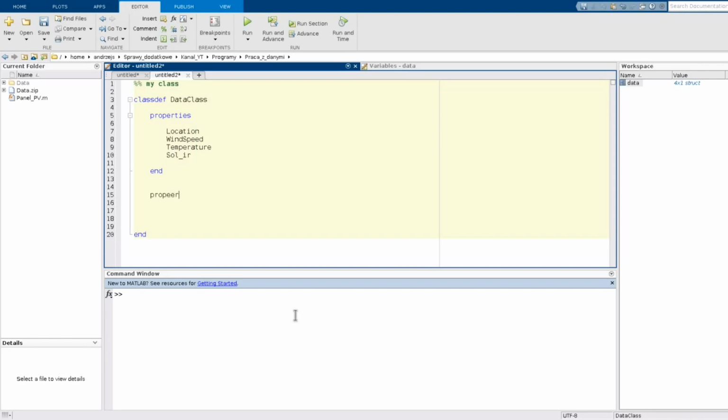Next, the private property. Now I would like to have the private property, so I'm using SetAccess equal to private.